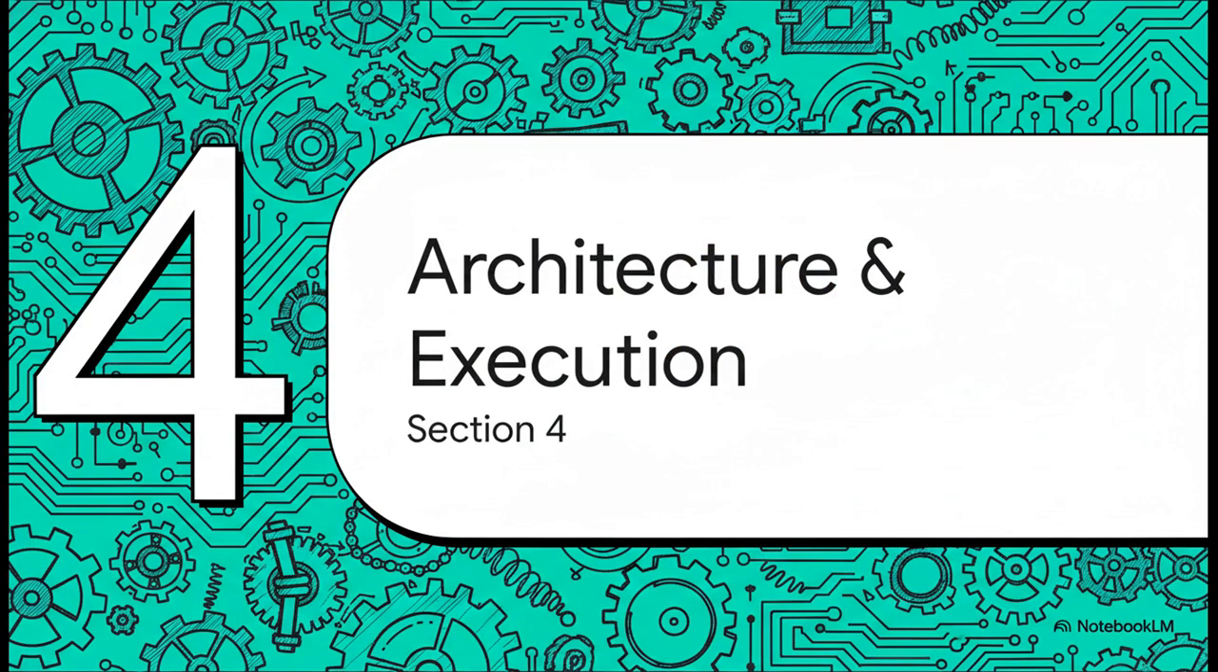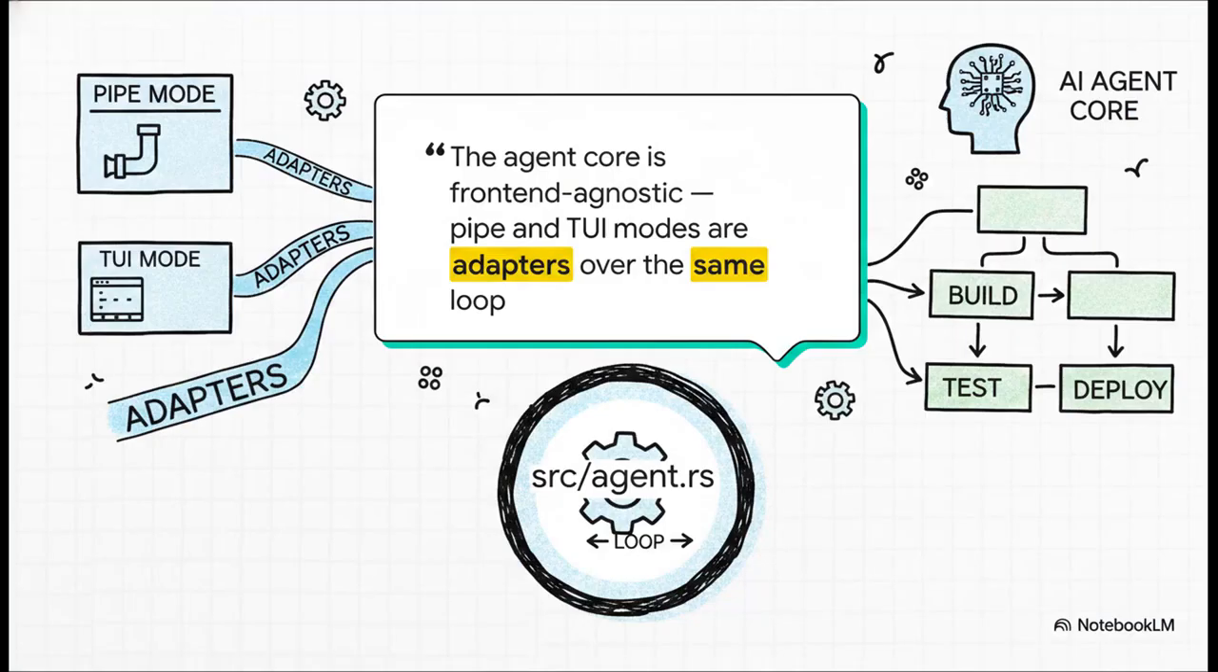Let's peek under the hood. Section 4, Architecture and Execution. I absolutely love this specific detail from the documentation. Listen to this. The agent core is front-end agnostic. Pipe mode and TUI mode are adapters over the same loop in src agent.rs. Seriously, that is such a core design philosophy, and it gives you a crystal clear mental model of how this